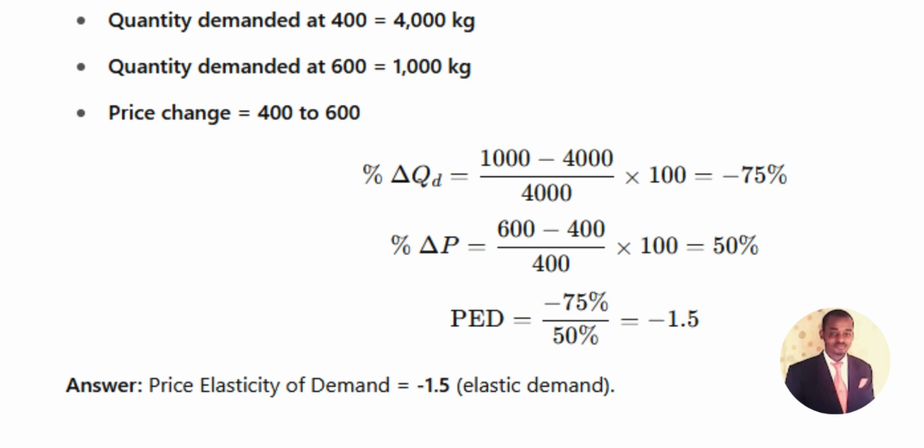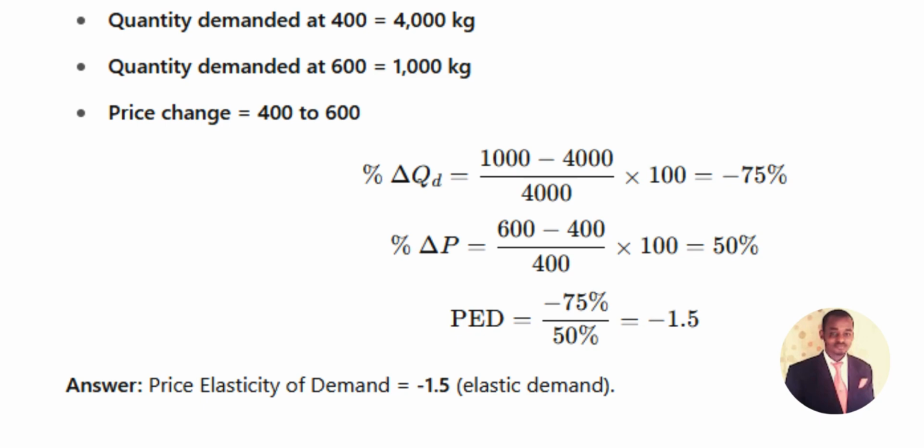So now that we have seen the table, it's easier for us to calculate this. When you look at the table, you see that quantity demanded at 400 francs is 4,000 kilograms, then quantity demanded at 600 francs is 1,000 kilograms. Now the price change is 400 to 600. So that brings us to the formula: (1,000 minus 4,000) over 4,000 times 100 equals minus 75%. Now we have (600 minus 400) over 400 times 100 equals